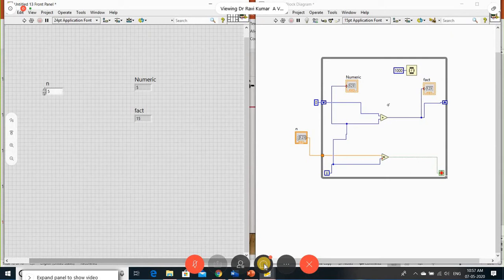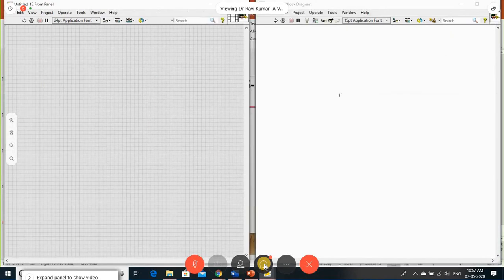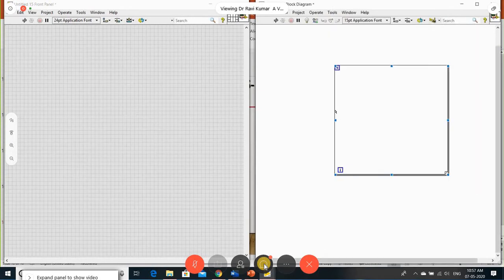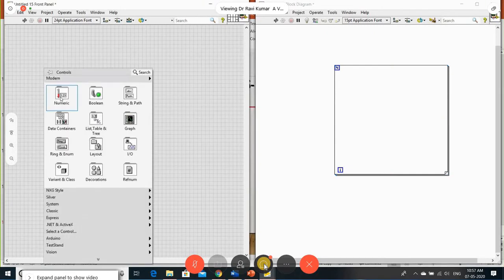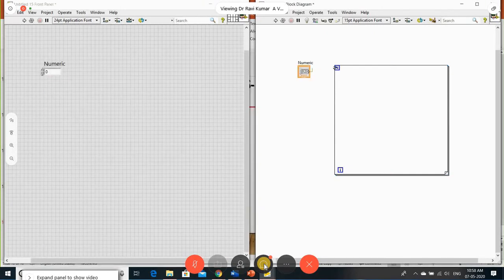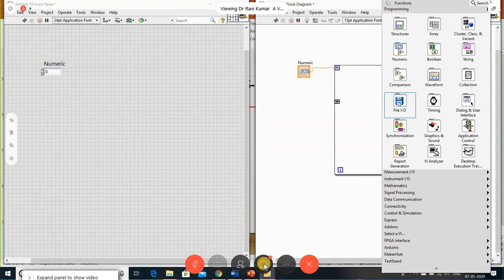Let me do it in the for loop. Take this for loop. Okay, take the n here. I connect it to n. So here, highlight your for loop, add the shift register. Fine. Now I want to make the sum of n numbers, so take that addition.